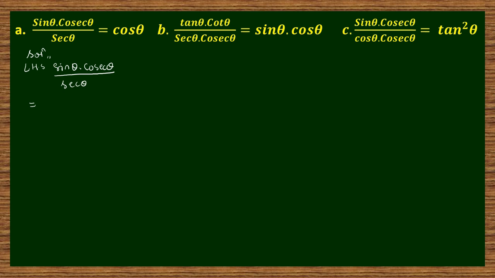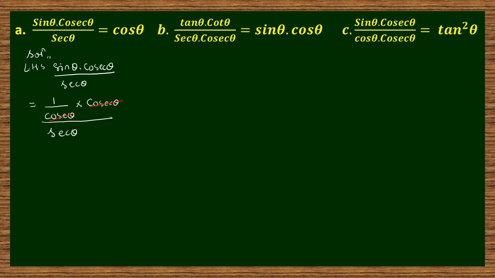So we can write sin theta is equal to 1 by cosec theta. Sin theta equals 1 by cosec theta, and this cosec theta will be as it is. Cosec theta the whole divided by this sec theta. So we can easily cancel cosec theta in the denominator and the cosec theta from the numerator. This cosec theta and this cosec theta got cancelled, and what is remaining in our hand is 1